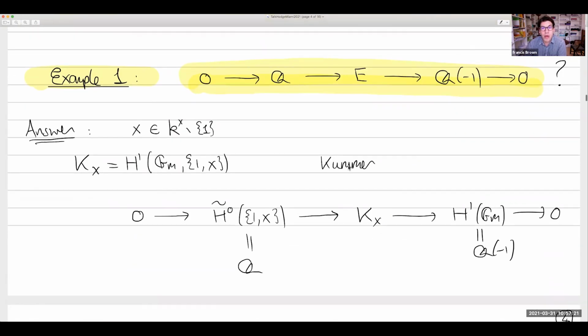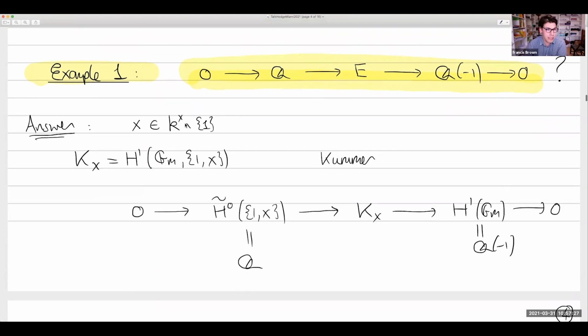So the first example is very basic. Let's just look at an extension of Q of minus 1 by Q, right? And here the answer is really easy. We can write it down. Let's take X, a point in our field that's not equal to 0 or 1, and we can write down